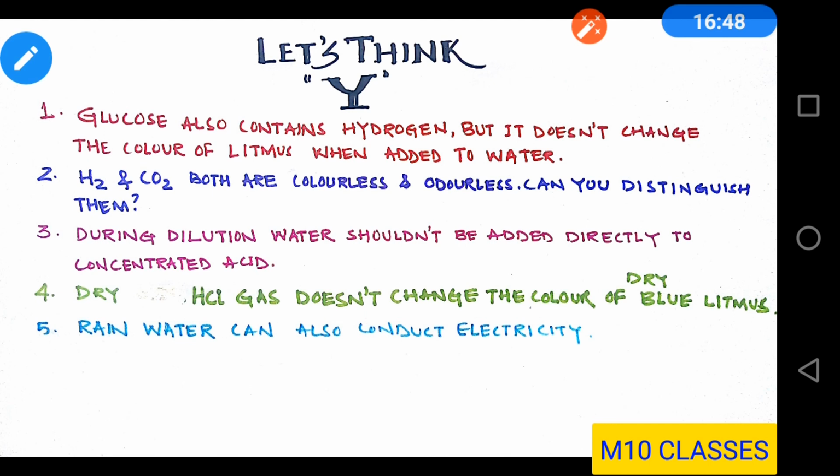Remember this. Next, dry HCl gas doesn't change the color of dry blue litmus paper. Okay. Now, I've told you the acidic property is because of the presence of H plus aqueous ions. Now, dry HCl cannot produce H plus aqueous ions, so it cannot react with dry litmus paper. Now, if you make the litmus paper wet and blow this dry HCl gas over it, then it can change the color, because the gas, when it comes in contact with water, will produce H plus ion and react with the blue litmus paper.